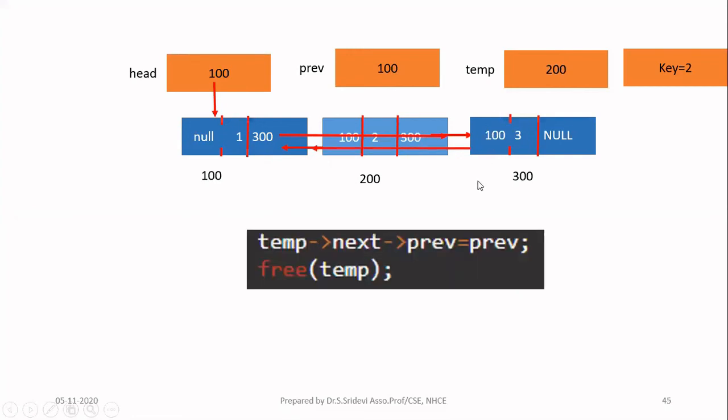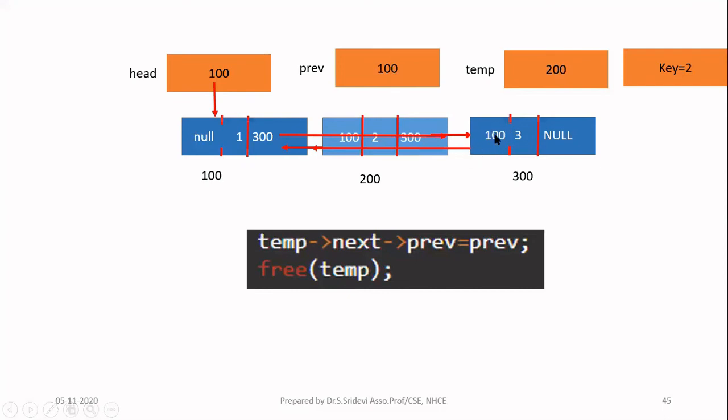So how to do that? So here, I want to store 100. So where is this 100 available? If you see, 100 is available in previous. Okay, so here I am writing previous. So this previous I have to store here. How to access this one? It's nothing but if you see here, my temp is having address as 200. So this is 200. In the next field of 200, we have 300. Okay, so you go to the 300 address, in the previous field, that is 100.